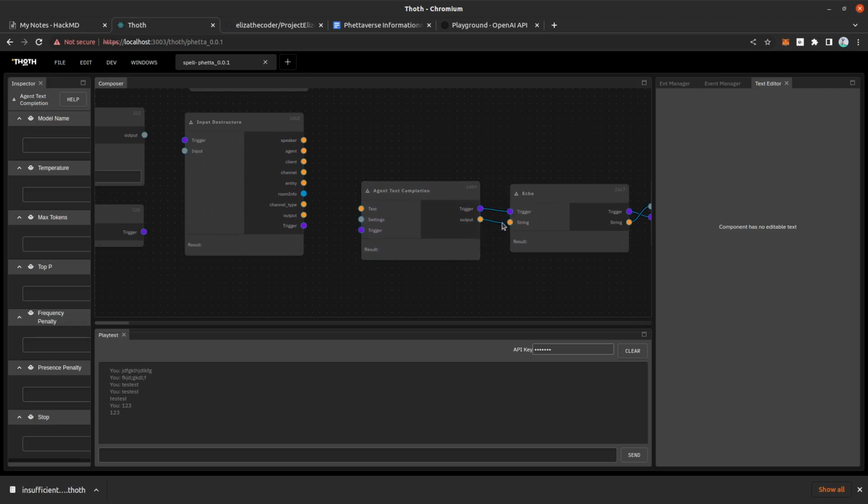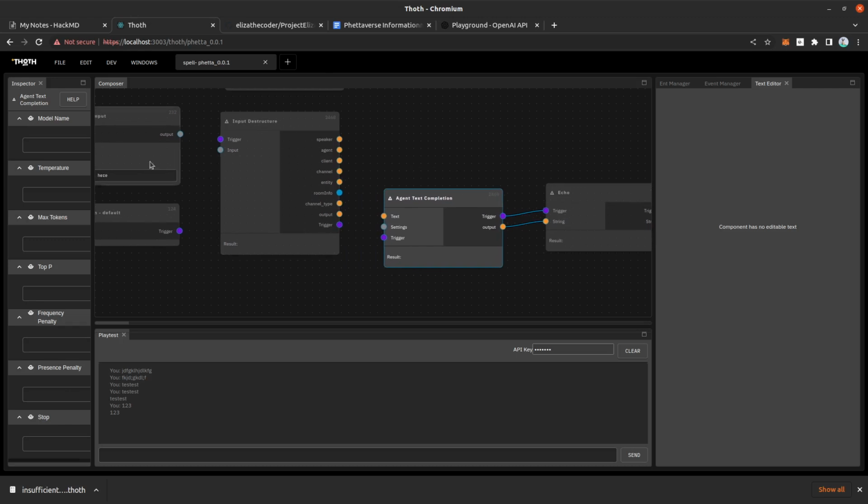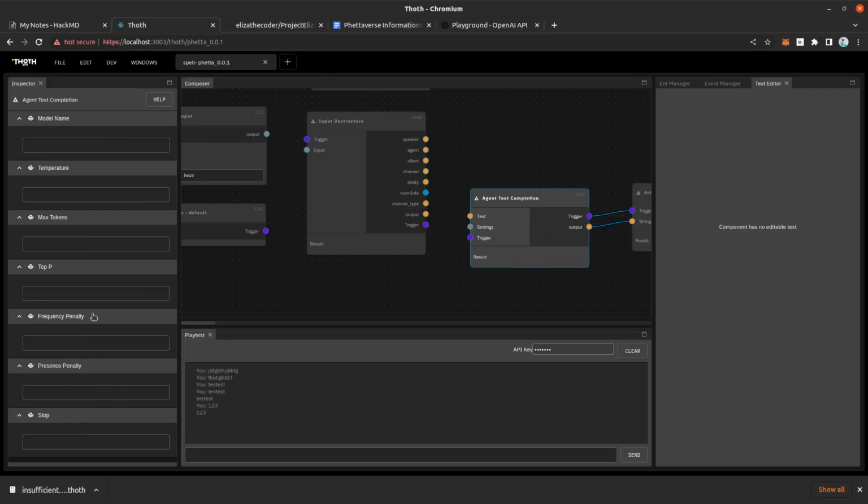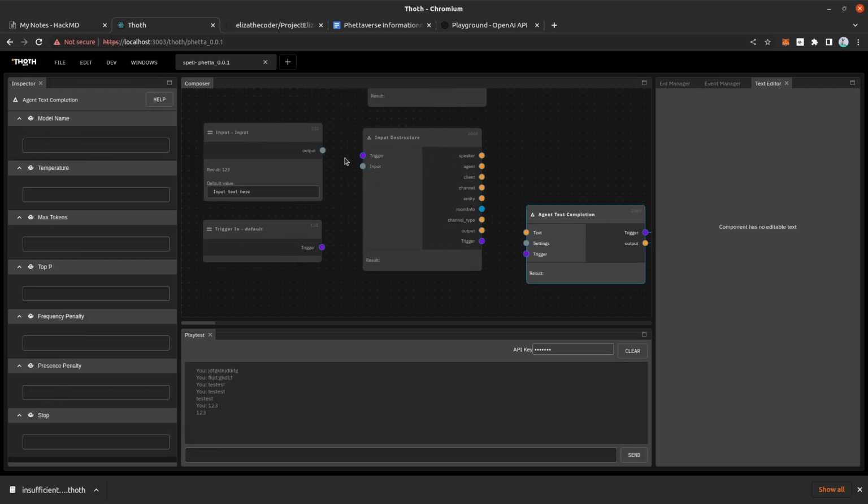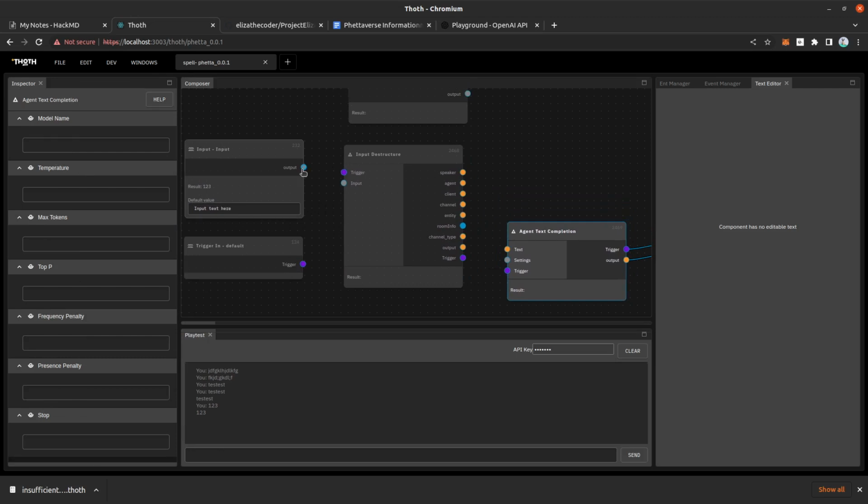So I'm just going to wire this up. The agent text completion is going to hit OpenAI, and I have to fill in some details, although these do have defaults. And I'm sorry the UI here is pretty rough. It would be nice if we filled these in with defaults and all that stuff. But I'll walk you through the basics of it first, so we can at least get going while it's still